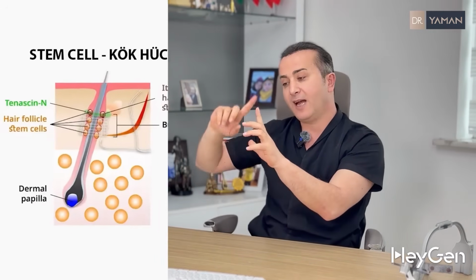A piece of tissue is taken from here. It is centrifuged and injected into the balding area. And the aim is to sustain the stem cell activity there. A doctor who knows the structure of the hair follicle and the root in hair transplants knows this very well. As you can see in the diagram on the side, there are actually stem cells around each hair